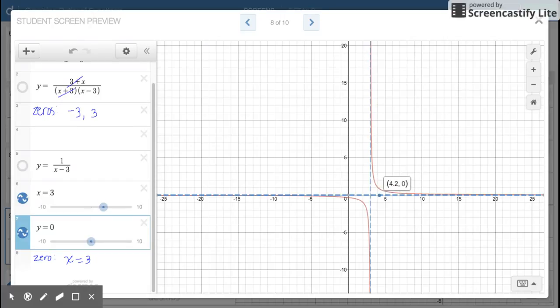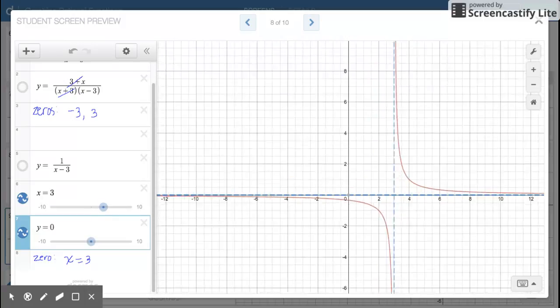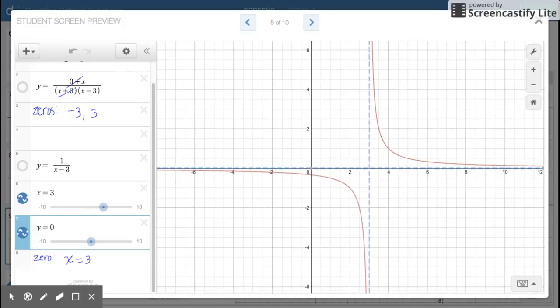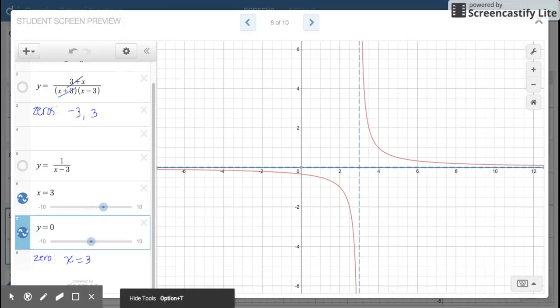Okay, so now we notice that the vertical asymptote is at the zero of the denominator of the simplest form. Now, what is the zero of the denominator that was canceled? And that is